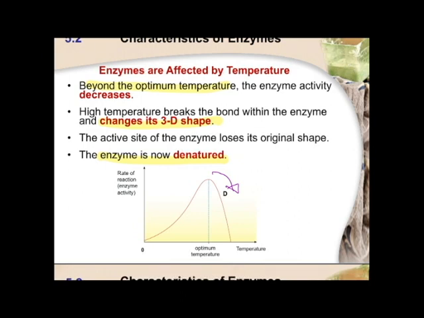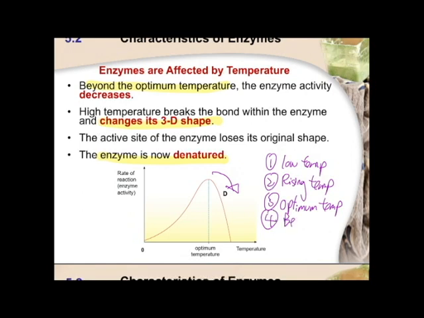Okay. So you can see, right, there are four main phases in a particular enzyme reaction, which in exams you might be asked. The first one is at low temperature. The second one is at rising temperature. The third one is at optimum temperature. And last but not least, the fourth one we are talking about is beyond the optimum temperature,